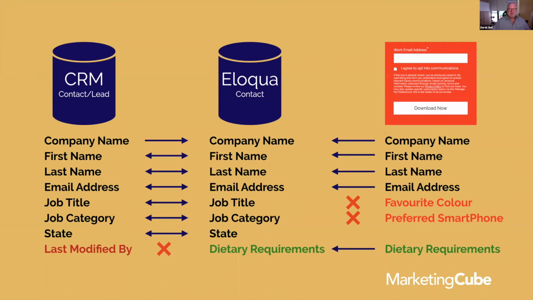But from a CRM point of view, there's really no need. The sales team don't really need to know that Jenny Smith or James Brown are lactose intolerant. That really doesn't matter. It doesn't add any real value to the CRM database, but it's good information for Eloqua to hold on to. So what we've tried to do here is just give you some examples of how data can flow backwards and forwards, and where the source of truth is, and where you can potentially ask just very campaign specific questions like favorite color, preferred smartphone, and those responses can just live simply in the form, in which case you would probably then export them to